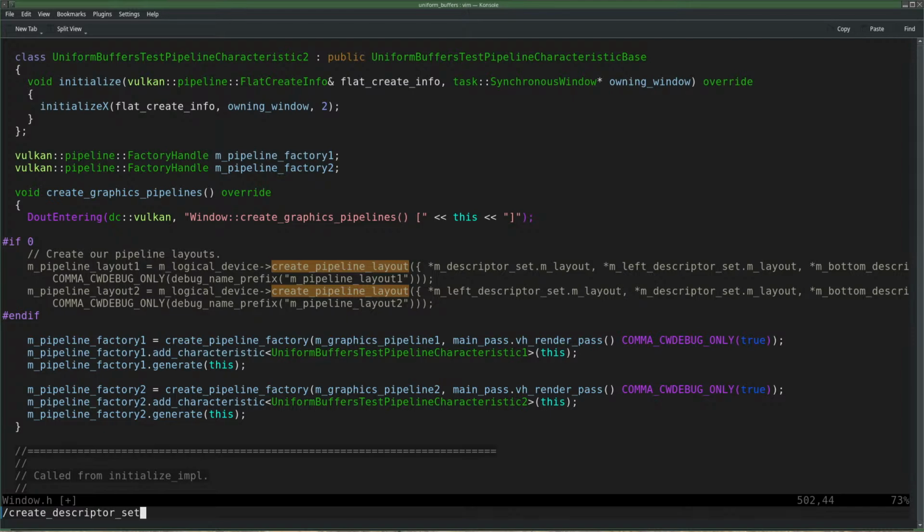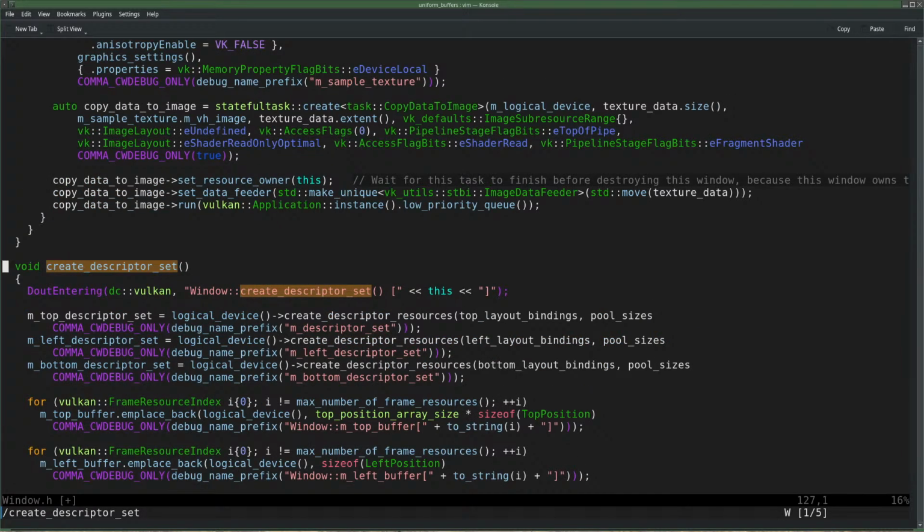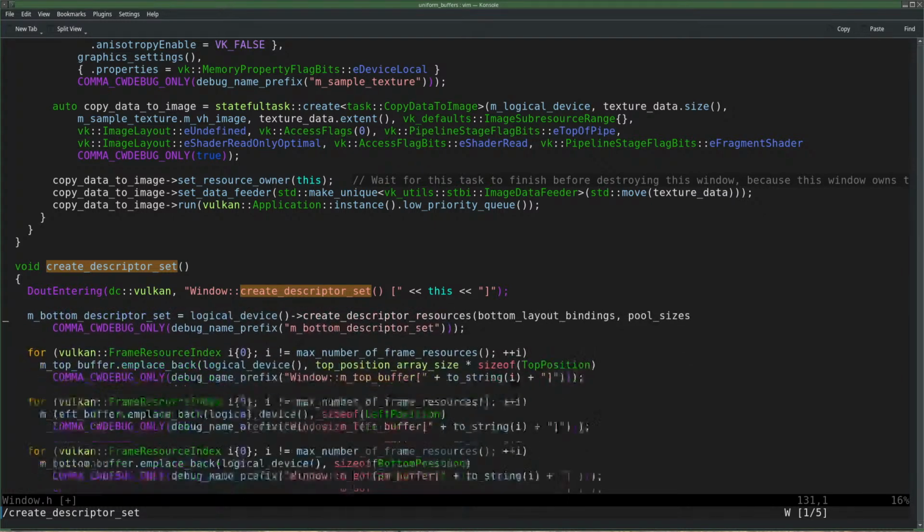This one. So we did this now in 2 steps. First we created the layout and then we allocated the descriptors themselves.